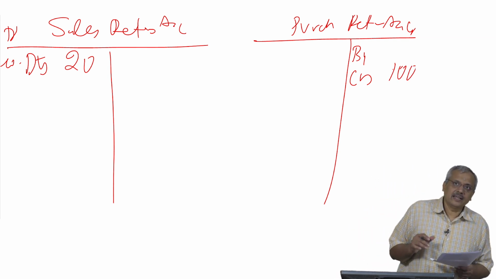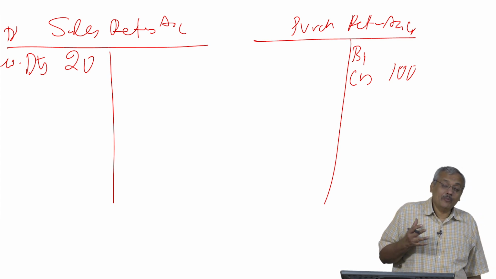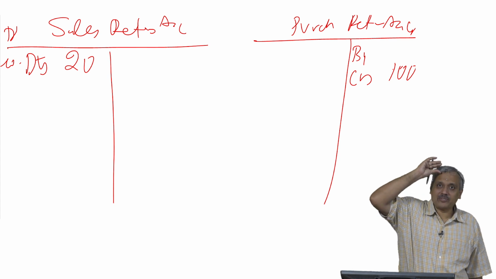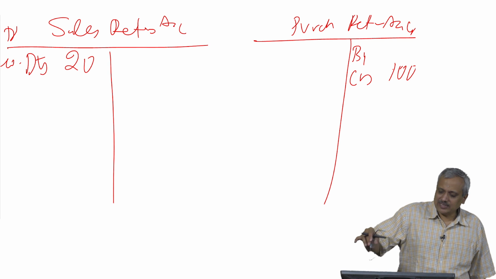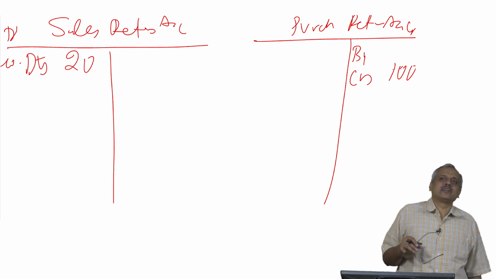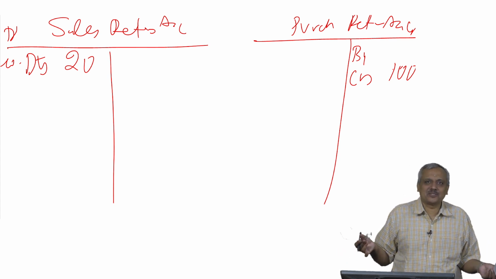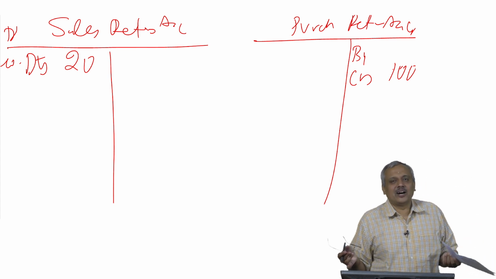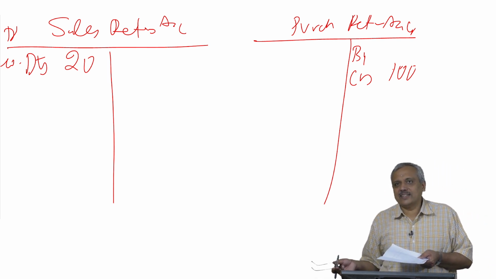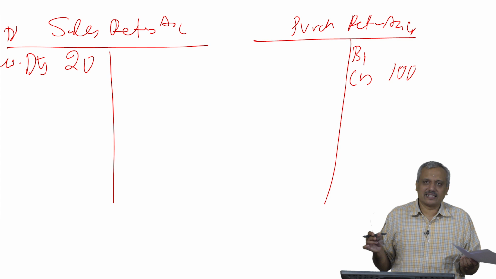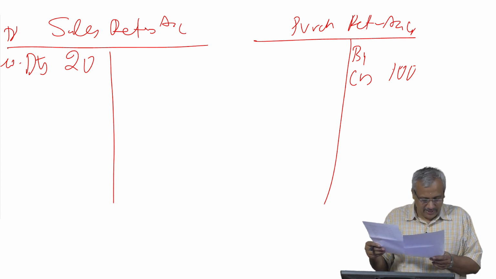This will tell me, consolidated, how much of the goods that I am selling is returned, and how much of the goods that I am purchasing I am returning. If this amount is large, then you will decide whether to change your vendor, or whether you have to do quality control if sales returns is high. If purchase returns is high, whether you have to change your vendor, etc. That is the reason I am grouping all these transactions.